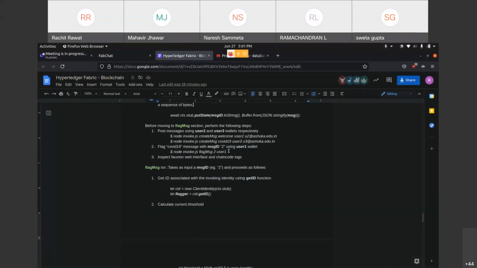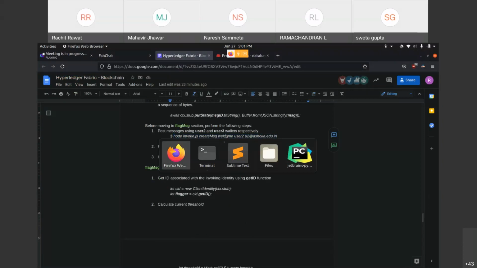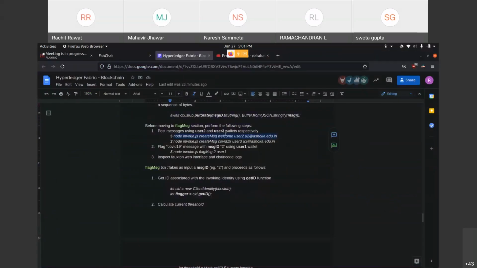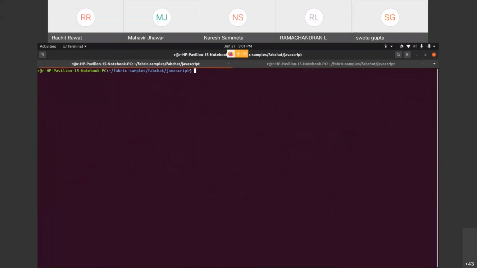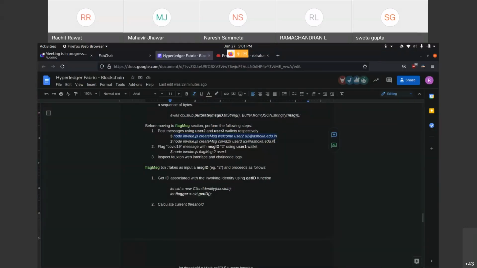The next step will be, of course, to discuss the flag message transaction. Before that, let us post 2 messages. The same messages I'm going to post. User 2 will post a welcome message. And user 3 will post a COVID message, which we will flag later.